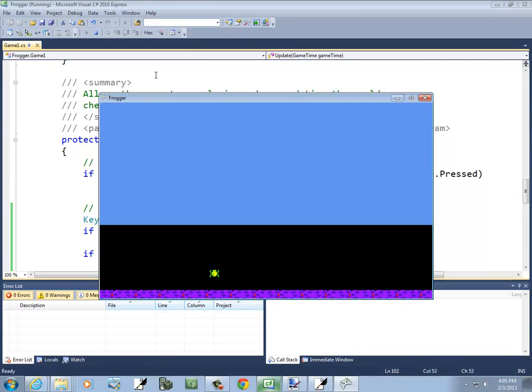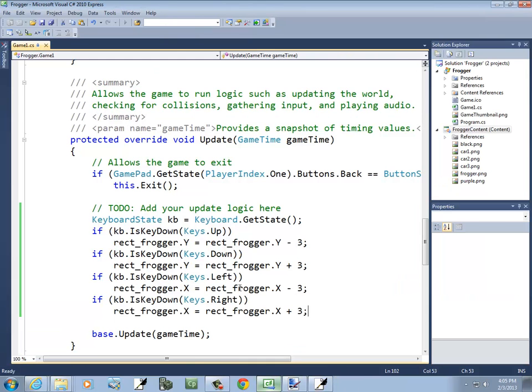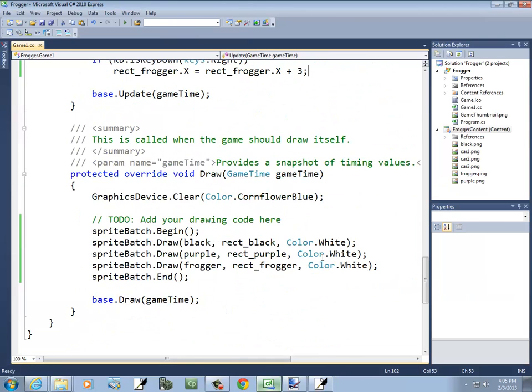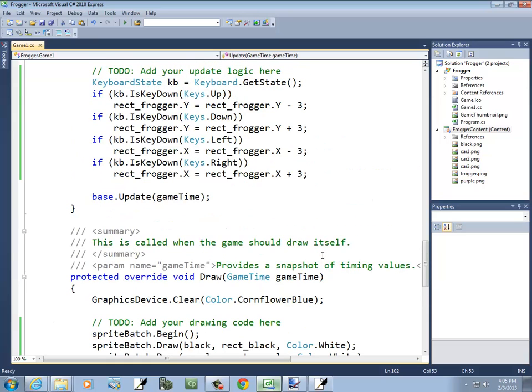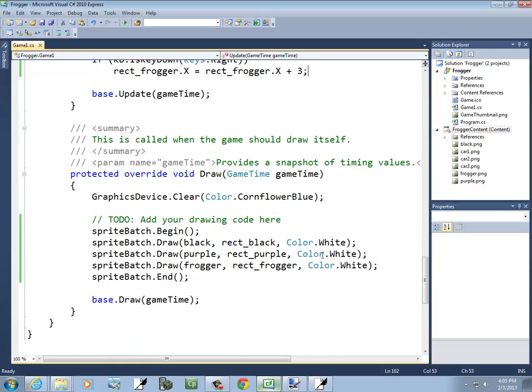Because remember, Frogger's not that fast, and we're going to have the cars moving across the screen. So you may want it to be 1 instead of 3, but we can change that later. Now the car is what we're going to work on now. Now our goal is